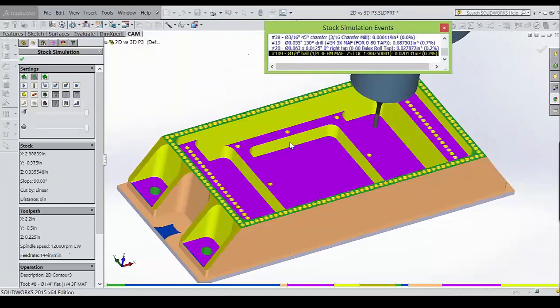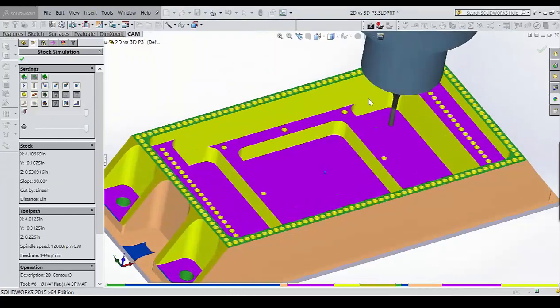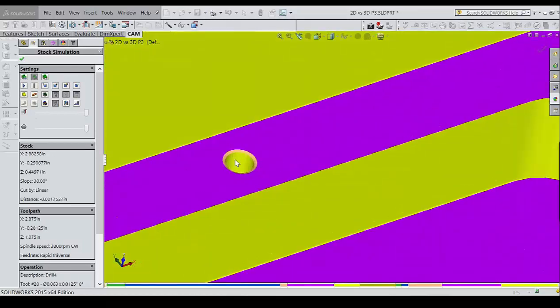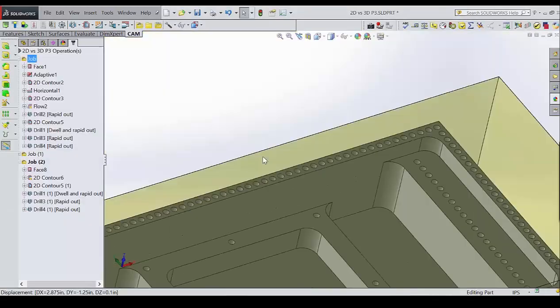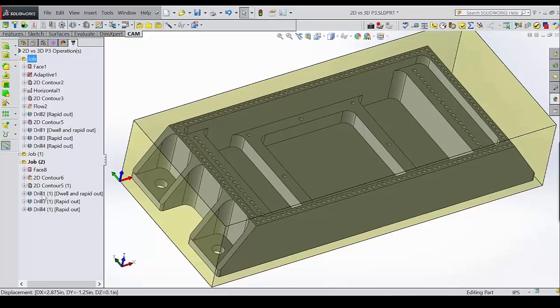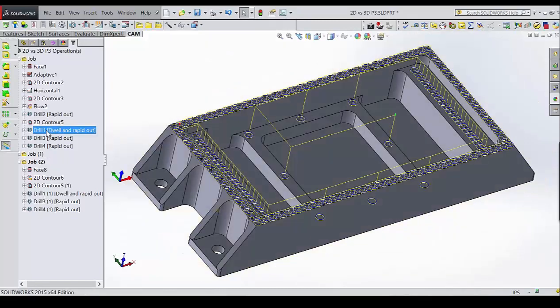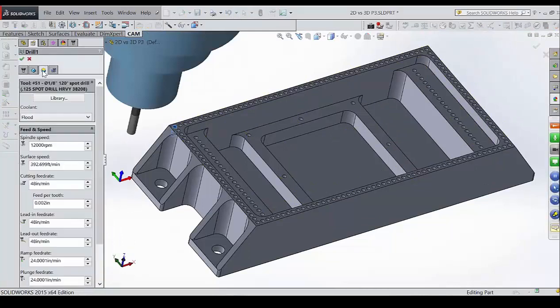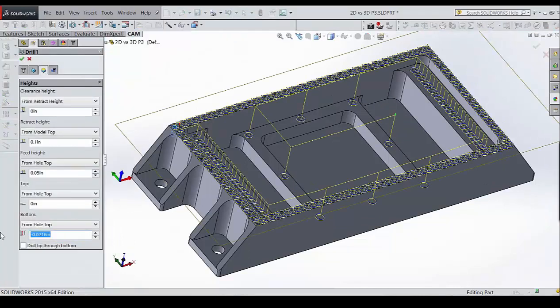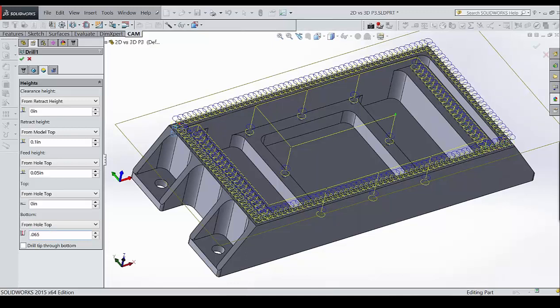We'll get in there, simulate it, and then let's look at the spot drills. I actually left a nice little chamfer there. If for whatever reason you later wanted that to be different, you just go right into this and change it to whatever you want. Let's say we want a 0.065 chamfer diameter. This is where I would type in 0.65,